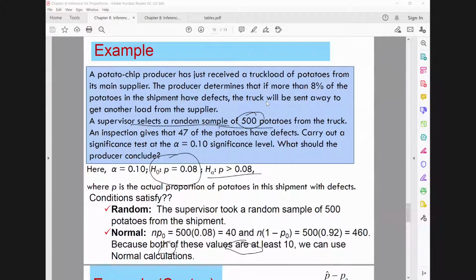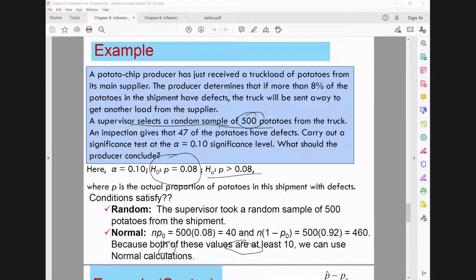Okay, we choose a sample of 500 pieces. Once we do the inspection, we obtain 47 that have defects, meaning 7.5% of the potatoes are not good. Okay, then we have just 47. Thanks to this, the number of successes, if we want, is